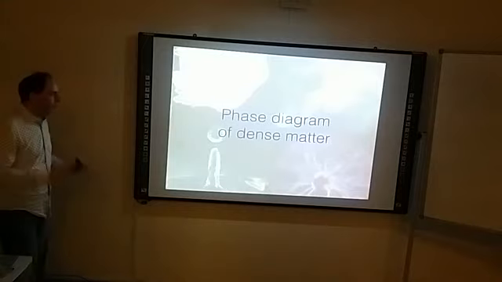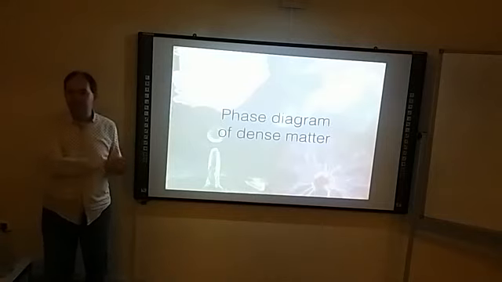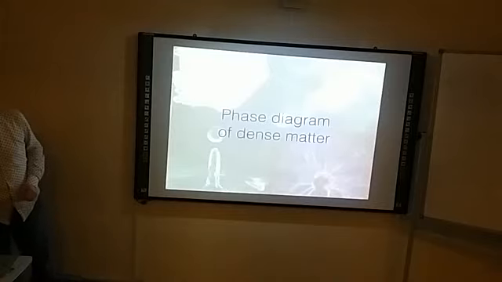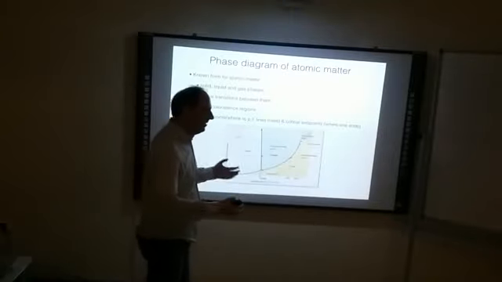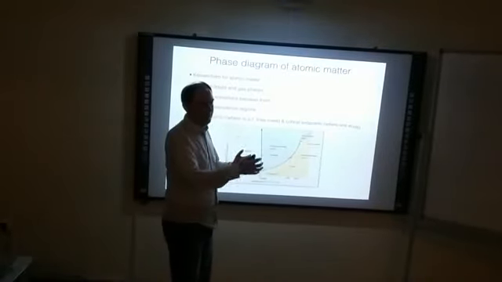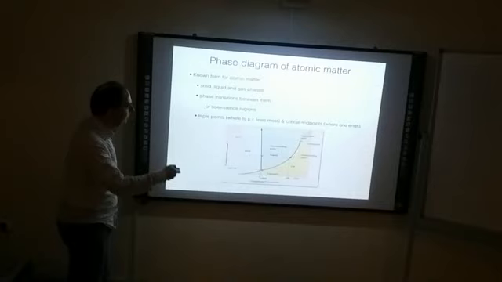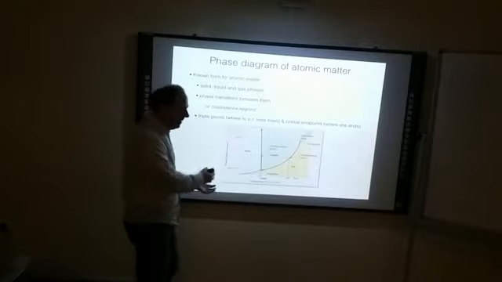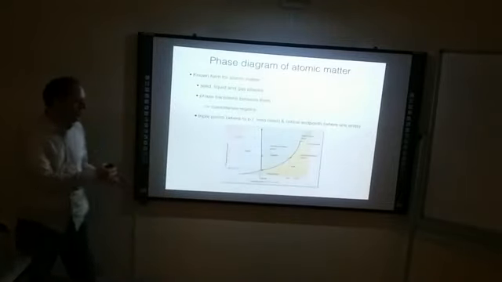Okay, so now we talked about many different phases of matter: hadronic matter, quark matter, superconducting phases, many different of them. And as you know from ordinary matter around us, matter itself can have different forms, right? It could be solid or liquid or gaseous. And this is the standard phase diagram that we know from ordinary matter, where we have all these different phases. And in general, at high density, when you have different forms of matter, different phases, you can also draw such a phase diagram.